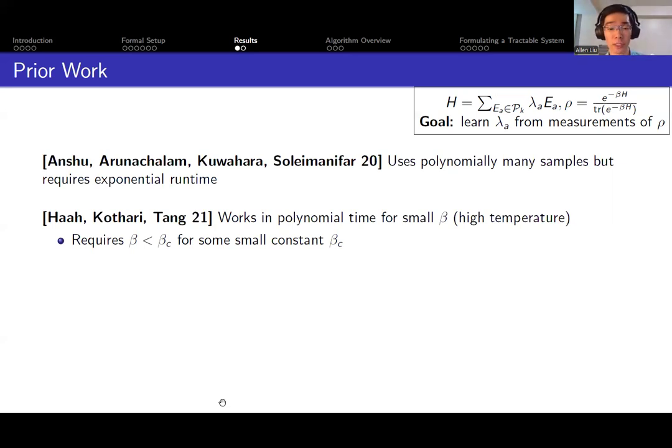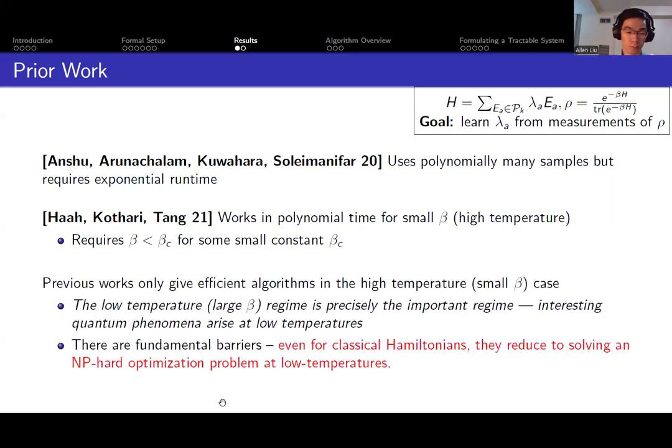However, this is a hard phase transition in the sense that when beta is larger than this critical beta sub c, their algorithm actually requires exponential time or does not work at all. So now the takeaway here is that previous works only give efficient algorithms in the high temperature or small beta case. And again, as I mentioned previously, this is exactly at odds with why we really care about this problem